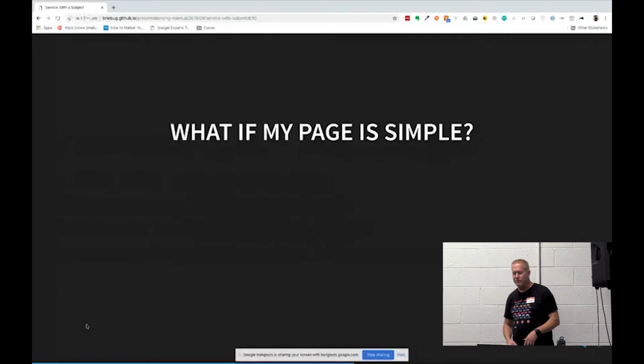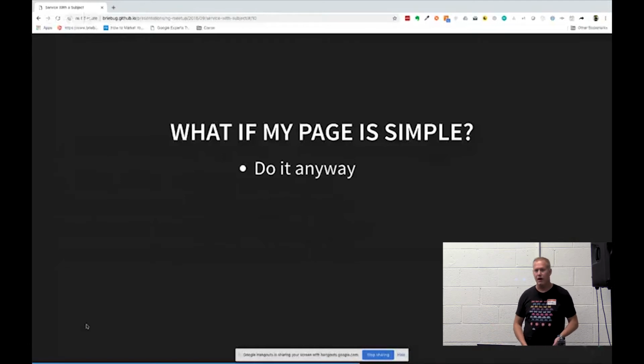So the question here is, what if my page is really simple? What if I'm going like, man, do I really want to create this? I got a page here that's got a grid on it, okay? And on that grid, I'd have a container that would actually load the data, handle the click events, do whatever it's going to do, right? And we have a presentation component that would display the data just for the grid. It's only two pieces. It's pretty simple. Should I actually go through this process? Yes. My answer to you is yes, do it anyway.